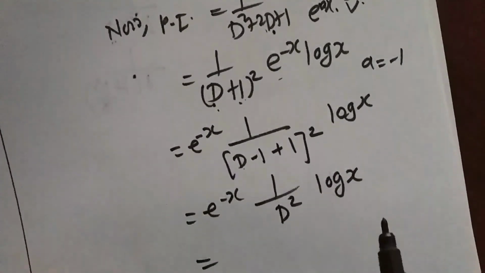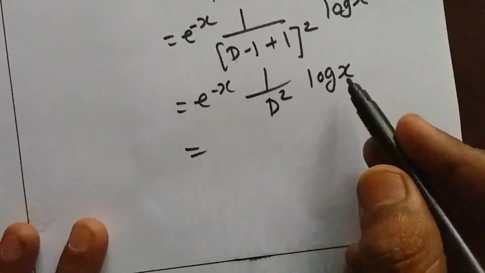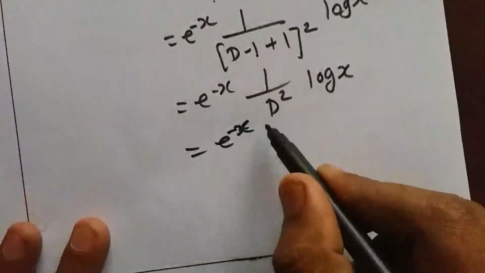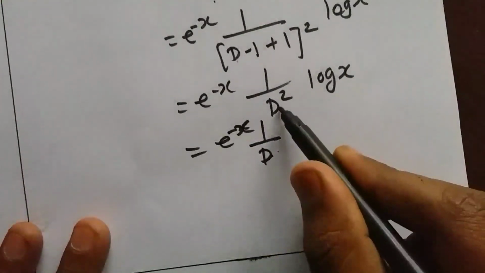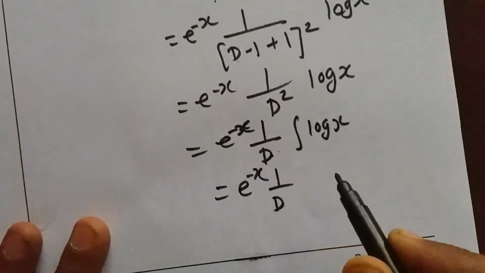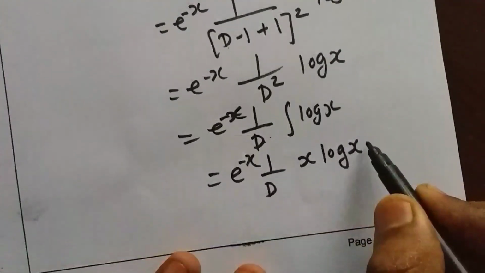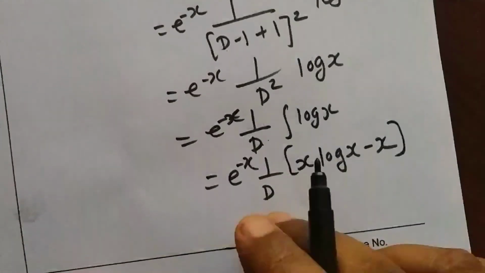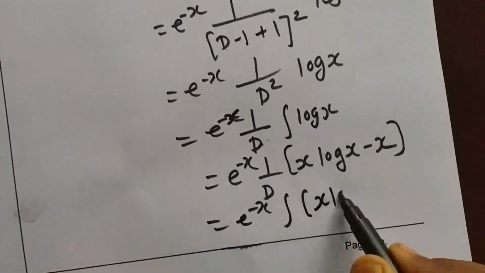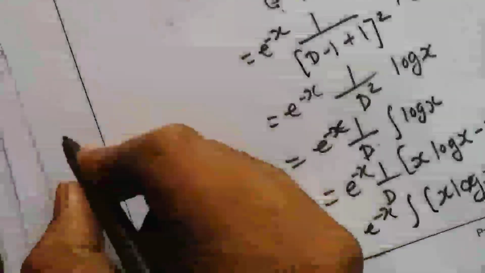Now for log x function we don't have any shortcut method. But one thing we know, the meaning of 1 upon d is integration with respect to x. And if we have d square, it means integration with respect to x 2 times. So I will write 1 upon d first. 1 upon d I will operate, that is integration of log x, e raised to minus x, 1 upon d as it is. Integration of log x is x log x minus x. Now one more time we have to integrate this. Integration of this x log x minus x. So we'll get particular integral equal to